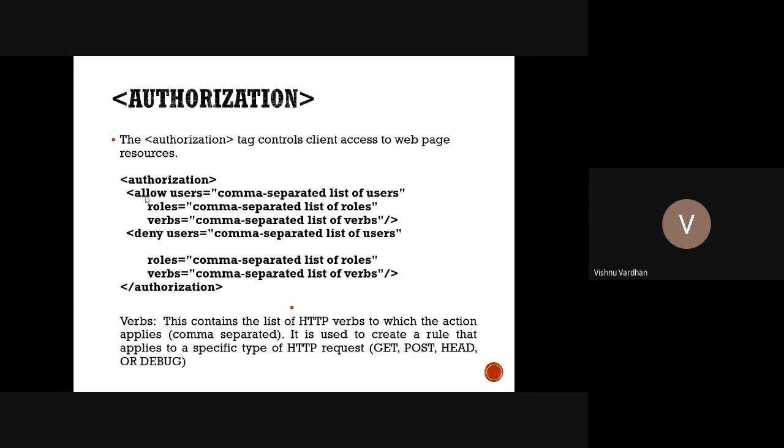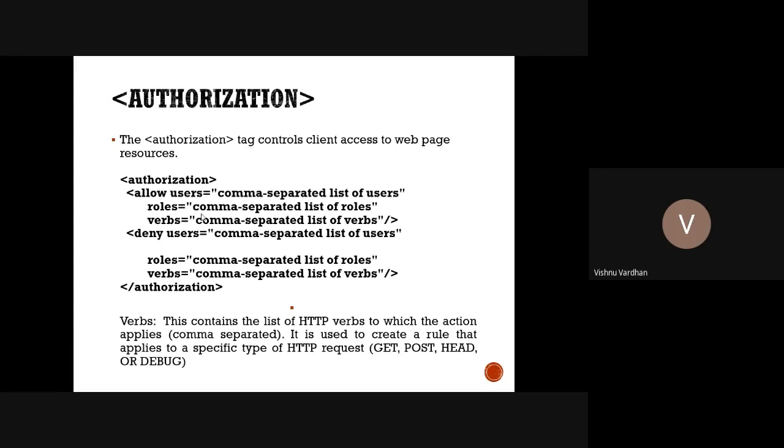Okay, so we do not require to put this allow users to those 10,000 users list. We can simply call by their name of the roles. Sometimes we can put with the verbs also, a comma separated list of verbs. So some actions we can specify like get operation, post operation, who to allow and who not to allow. So all these things also we can do.